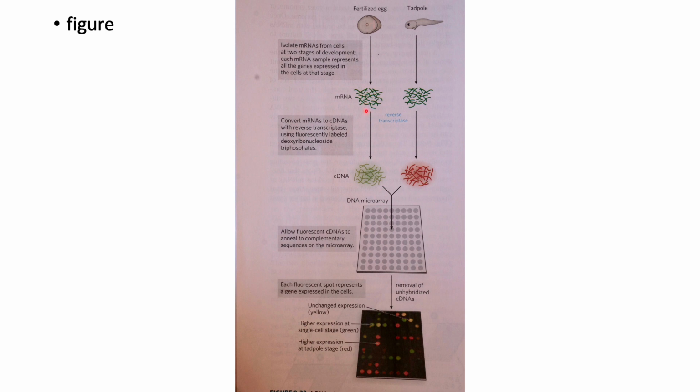So you have a fertilized egg, you have a tadpole with its array of messenger RNAs, and you can convert these with reverse transcriptase. You can produce the complementary DNAs from this using fluorescent labeled deoxyribonucleoside triphosphate. So these are labeled from the fertilized egg, labeled from the tadpole,